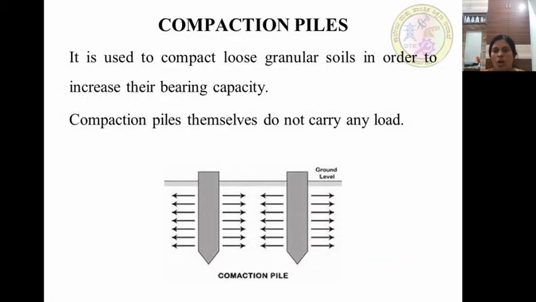And next, compaction piles. It is used to compact loose granular soil in order to increase its bearing capacity. Compaction piles themselves do not carry any load. And next,